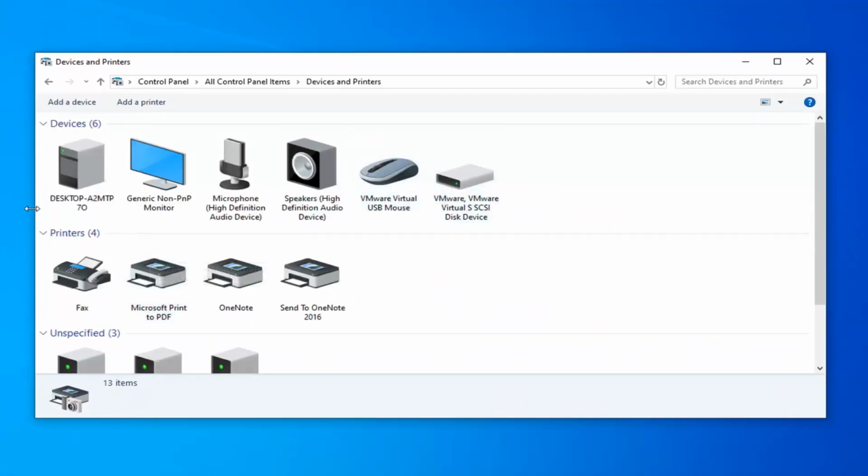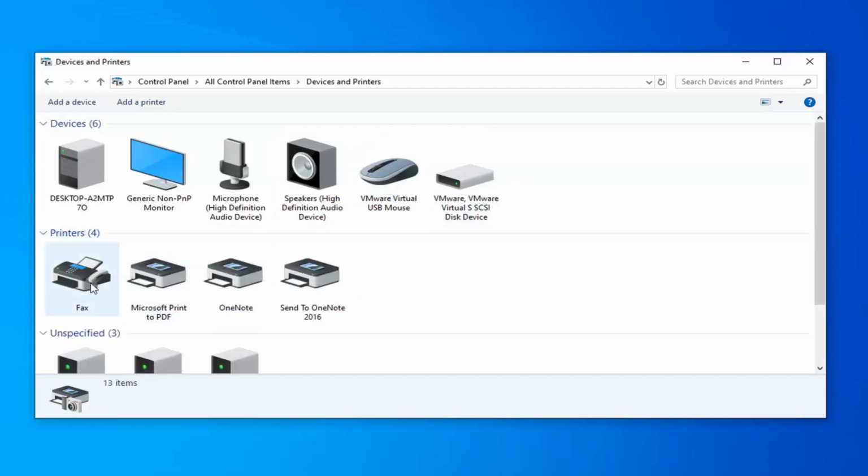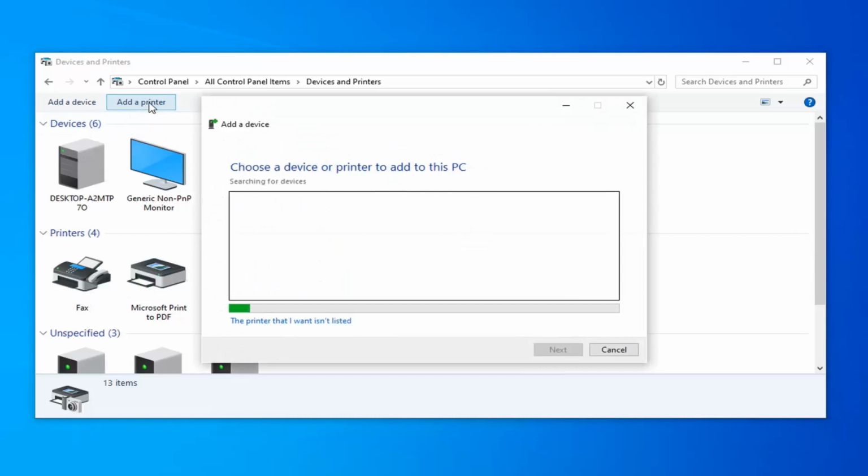Please look for your printer underneath the printer section. So if it's currently collapsed, just click on the little arrow next to it to expand the drop down. If you do not see your printer in here, go ahead and left click on the add a printer button. So go ahead and make sure your printer is turned on and see that it will be able to be